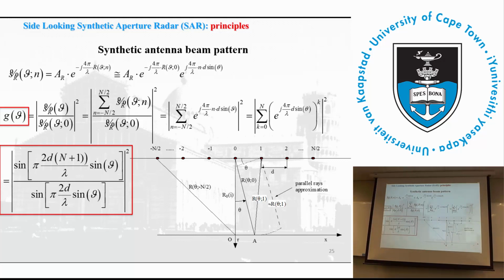So you take the central element as a reference element. So this is the element 0, and this, for example, is the element 1. So I take this as a reference element, and I define this as the distance of theta 0, because this is the element here. So if I want to calculate this,